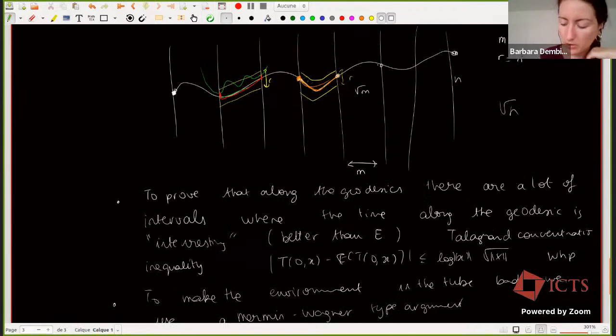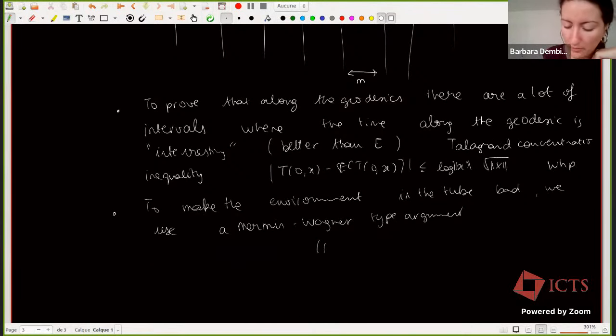So in the tube, you have a collection of times. And roughly what a Mermin-Wagner type argument says is that you can modify just a little bit all of the times, and it will not change the probability by too much. And there is a way to do that such that it does not change by too much, and it's related to the number of edges in the tube. So in fact, if you do this transformation, the square root of the size of the tube,